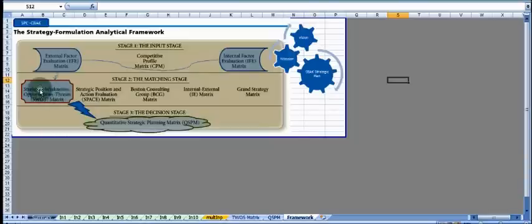And this SWOT matrix we have used with AHP logic, wherein we used the analytical hierarchy process to prioritize the strengths, weaknesses, opportunities, and threats, and then at the third stage, the decision stage, we use